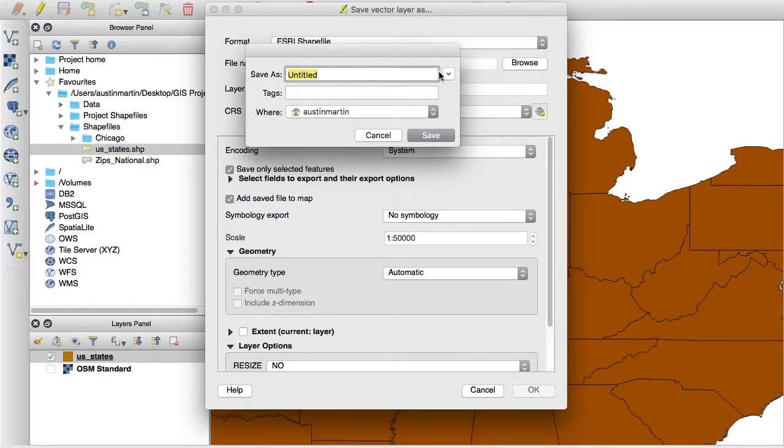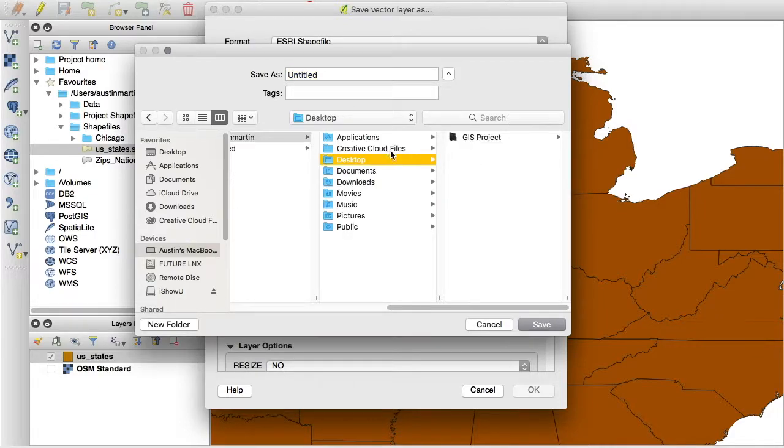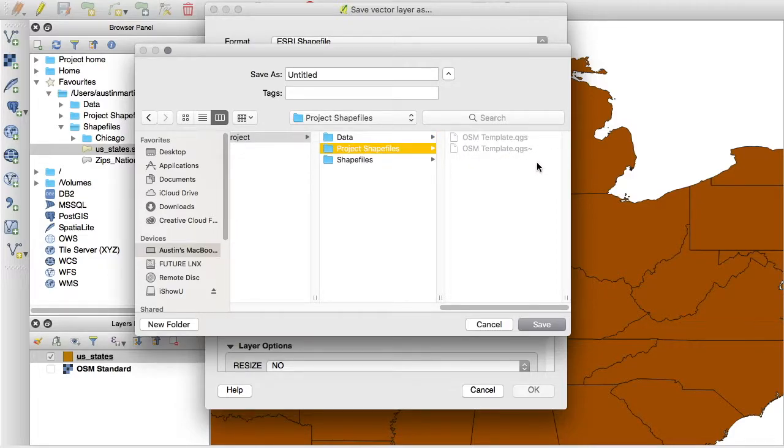And then the place that we're going to browse to for this is going to be our desktop where we have our GIS project. We're going to go to Project Shapefiles, which is a new folder where we are going to keep our whole project and every shapefile that we use for the project. It's really important to make sure that you save every file that you use for your project within an enclosing folder, because if you want to send the project to somebody,